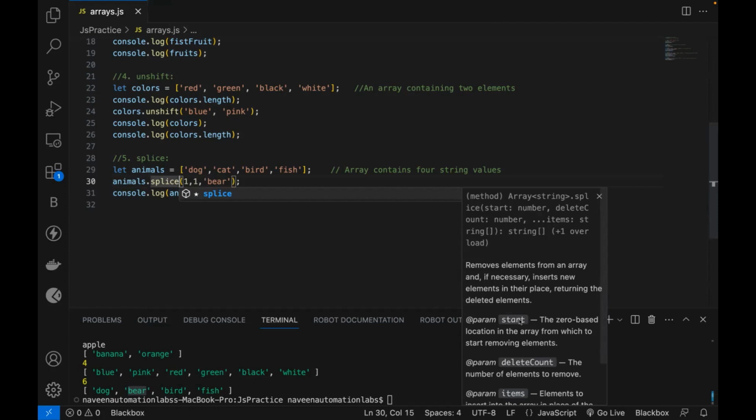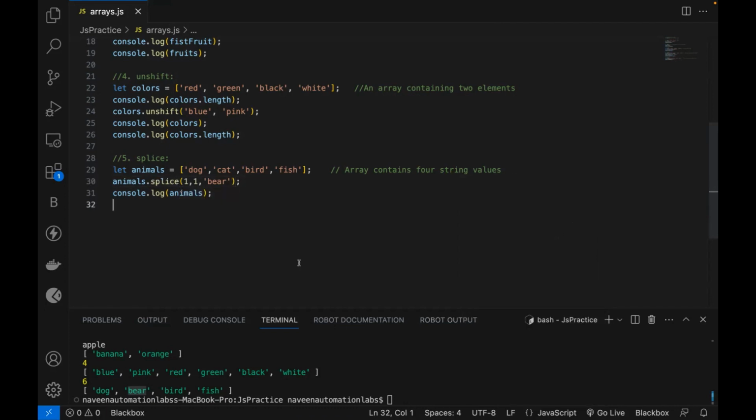And the first parameter says the zero-based location in the array from which you want to start removing elements. So I want to start from the first index. First index means from the cat, not from the zeroth index. And then deleteCount means the number of elements to remove, you have to tell me. So for example, if I say remove two elements and then insert bear over here,